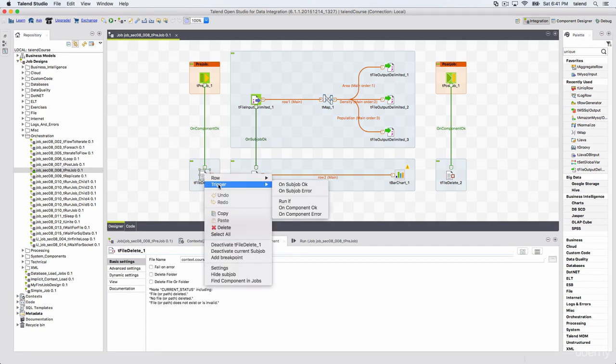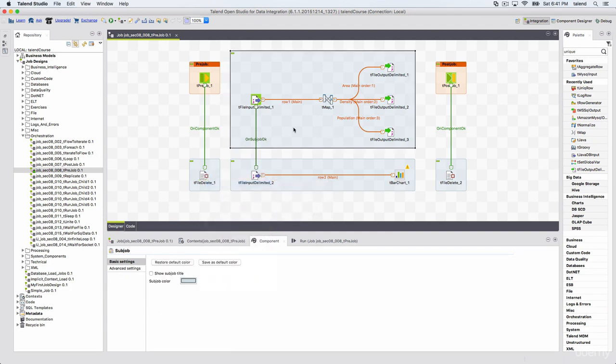So when I right click on any component, I will get these 5 types. So first one is on subjob okay. As you can see, we have the connection type here, which means once this whole job is finished, then trigger this subjob. That's what on subjob okay tells Talend.